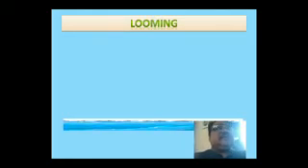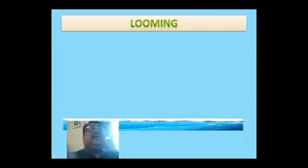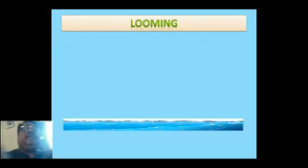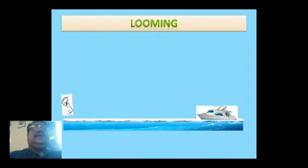Next is looming. It is also called superior mirage. It's just the reverse of the inferior mirage, that is the first one, as I have already discussed. This occurs in cold regions instead. So here you can see the surface of water during winter season, during extreme cold time, and a ship is sailing on the sea, and a person who is standing on the seashore far away from this boat or ship.